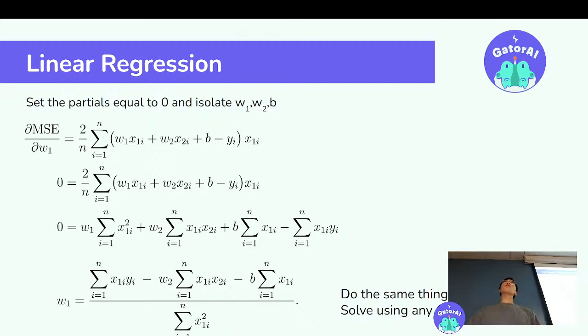And we set the partial derivative equal to 0, because we want to find the critical points of our function, the points where the slope, the gradient, is essentially 0. So those can be minimums, maximums, and saddle points, if you remember from calculus. So we set our partial derivative equal to 0.